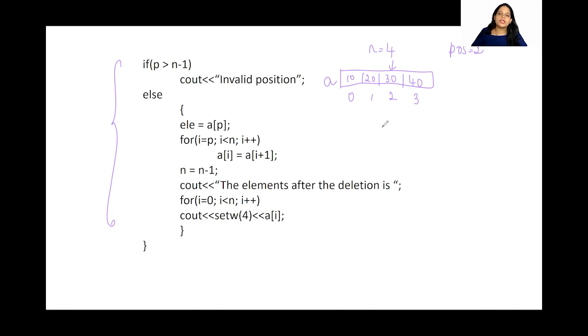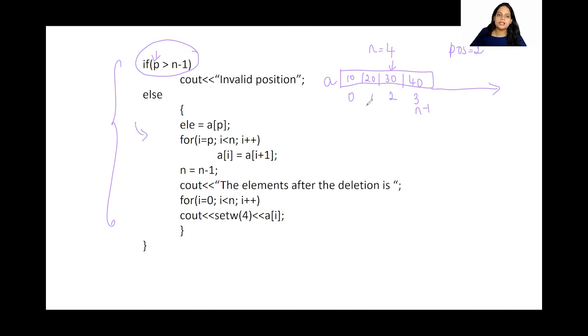So what is going to happen? Initially we are going to check if p is greater than n minus 1. What is p? P is nothing but the position to be deleted, and n minus 1 is our last item, isn't it? This is my n minus 1. We are checking if this particular position which we want to delete is exceeding this. If it is exceeding, it means that it is an invalid position. Because if the user has given a position value which is greater than our number of elements, then we cannot delete that item, isn't it? So first we are going to check that condition, and only if it is not true are we going to perform the deletion.